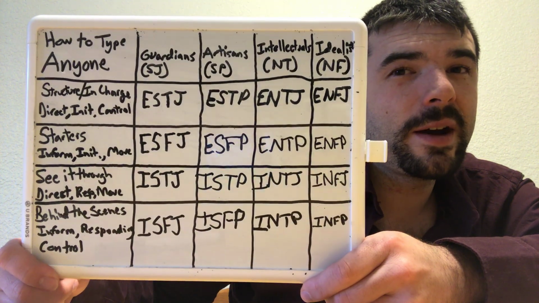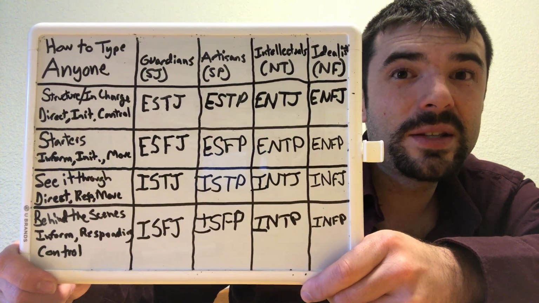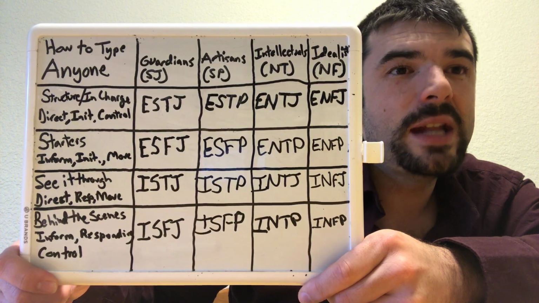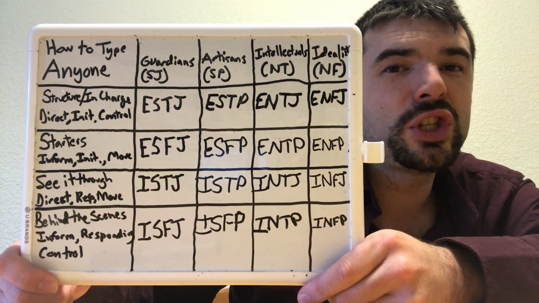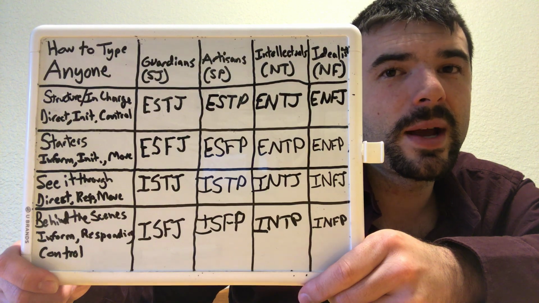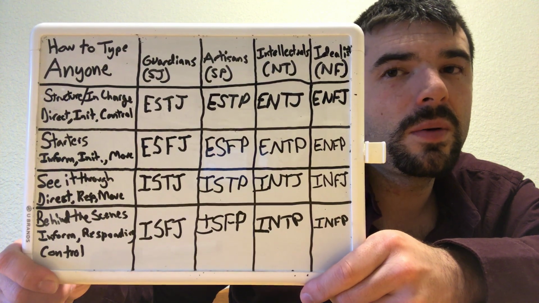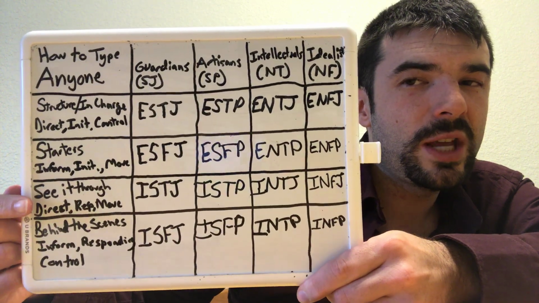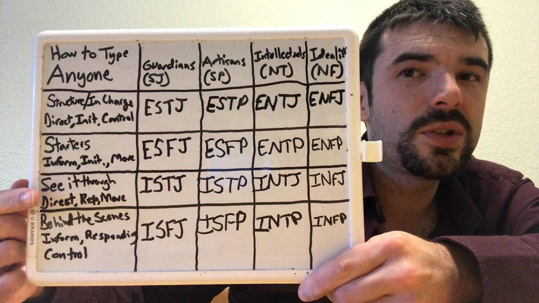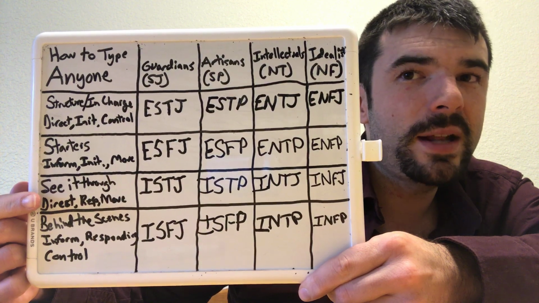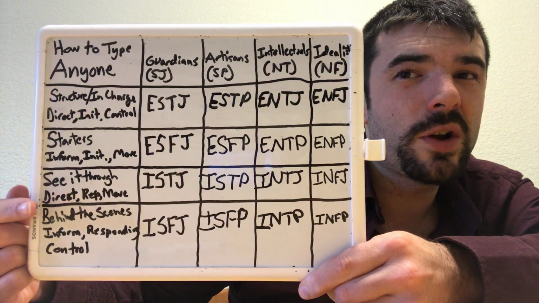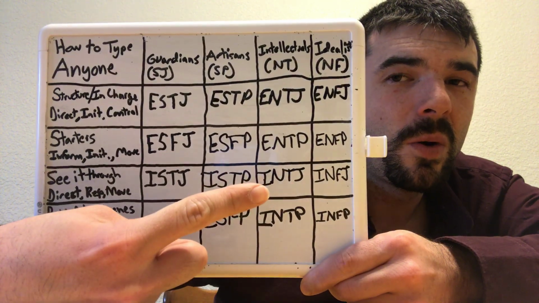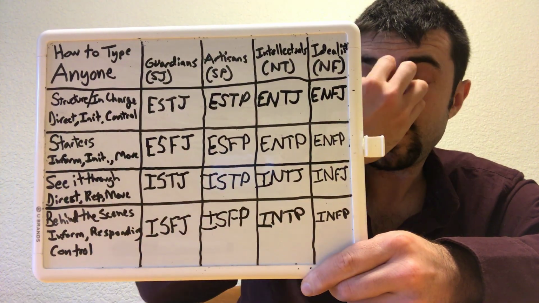And then you come to find out he has a hard time starting things, but once he gets started, he always finishes literally everything. And he's very movement-oriented. It's all about speed, constantly moving around. So that means he would be see it through, also known as chart the course. We've eliminated it down to artisans and intellectuals. So chart the course artisans and intellectuals means he's either an ISTP or an INTJ, right?